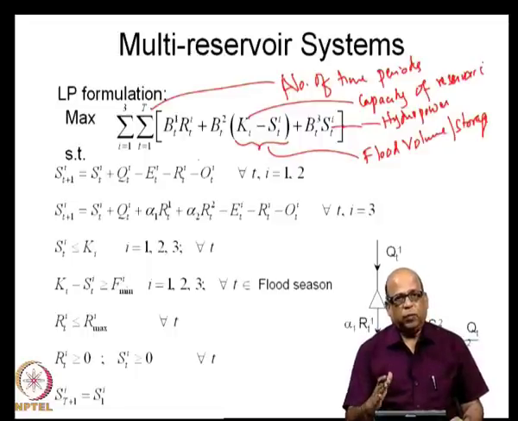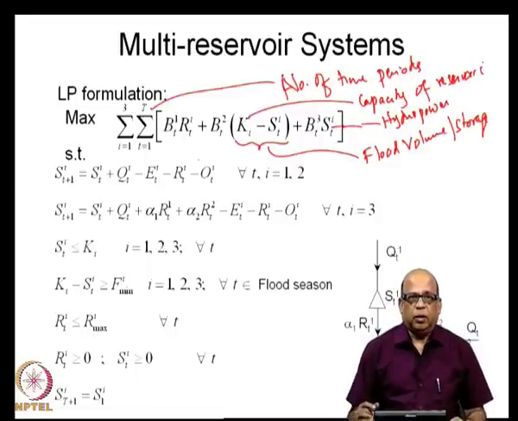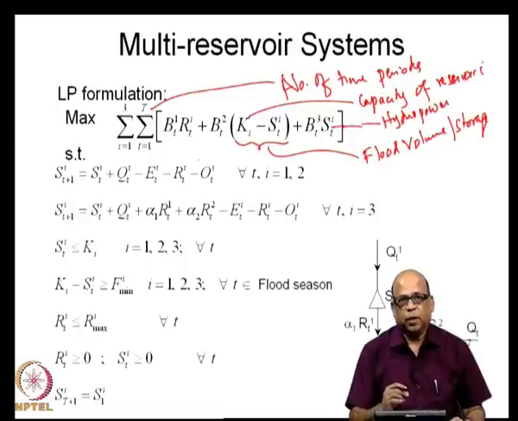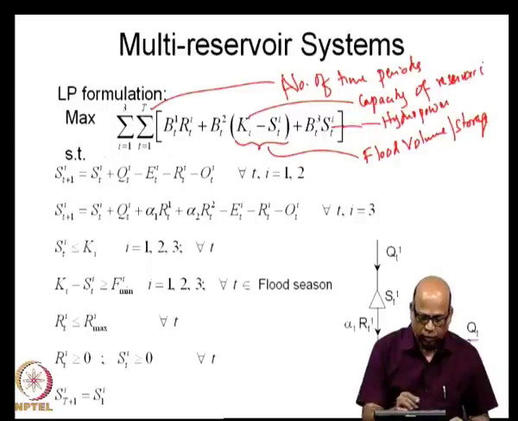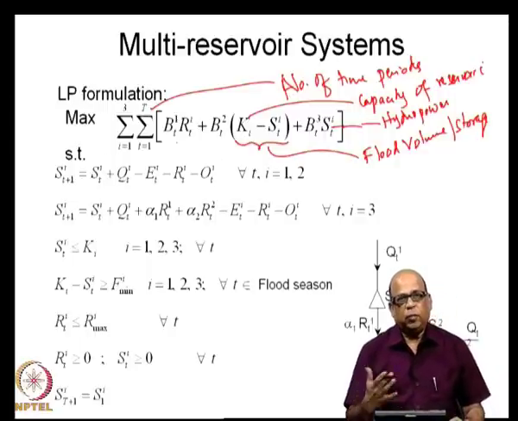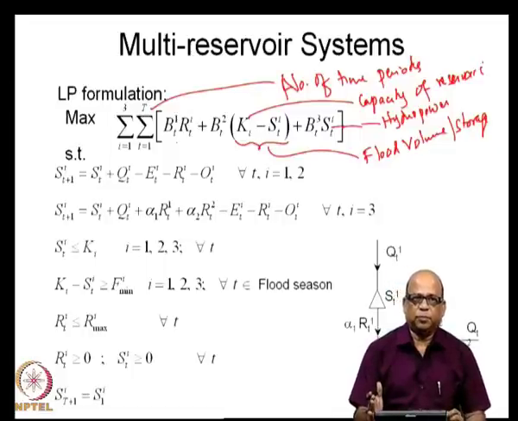I repeat, the objective function as formulated here is the sum of the returns that you get out of the releases that are made from each of these reservoirs 1, 2 and 3, and the flood freeboard that you have made available in each of these reservoirs in time period t, and also the hydropower that you are generating, which is directly related to the storage in each of these reservoirs. So, this objective function as written here gives the net benefits across time periods within a year, that means over all the time periods within a year, over all the reservoirs together.